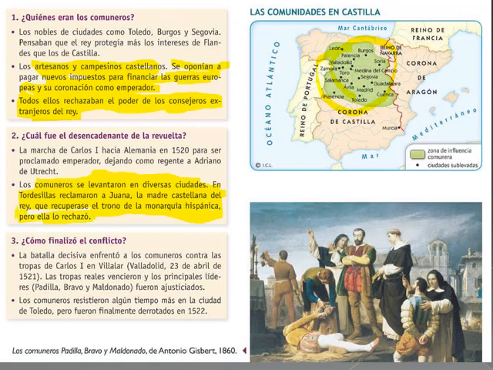She was still in Tordesillas, and nobody cared to make her life a bit nicer. But she rejected taking the throne in this moment, betraying her son. And, well, as I said, the troops are going to defeat the comuneros in the Battle of Villalar, the 23rd of April, 1521.